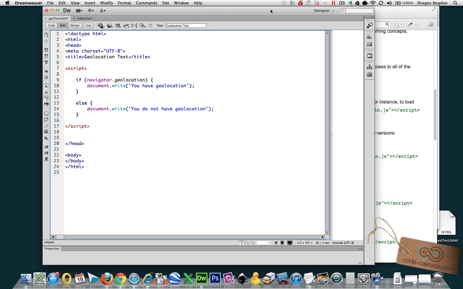What I have here is a really simple script that doesn't do anything more than essentially detect for the navigator geolocation object, which is what you need to do any kind of geolocation in a browser or device. And then it does an if else. If you have it, it spits something out. If you don't, it spits something else out,